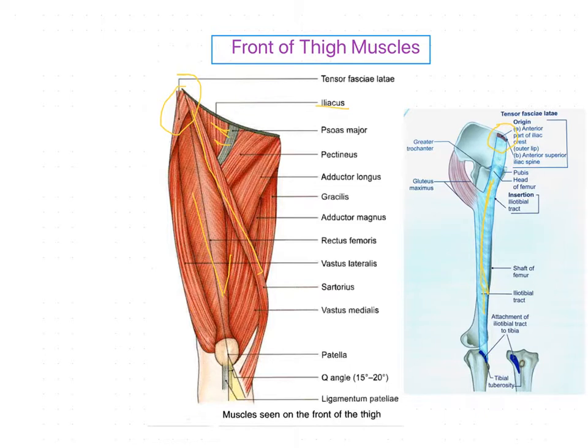Okay, so now in this session we are going to discuss the main muscles which are seen on the front of the thigh. One is the sartorius. You can see here, this is the oblique muscle. And then the quadriceps muscle, which is made up of four groups of muscles. Another one is the articularis genu, which is present on the anterior aspect of the femur. Now we will see one by one its origin, insertion, nerve supply and action.